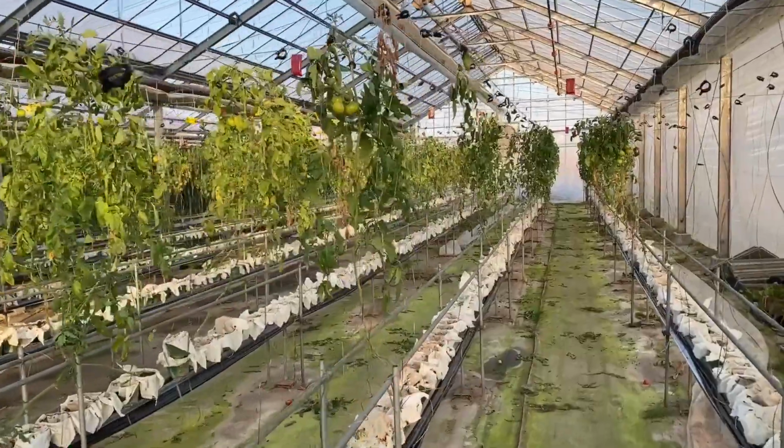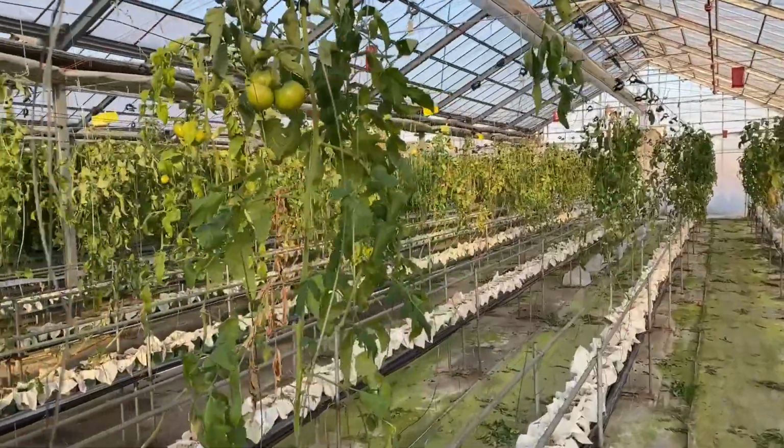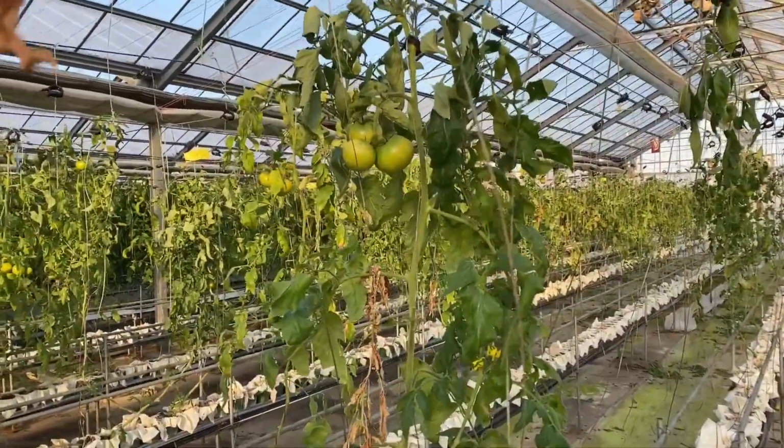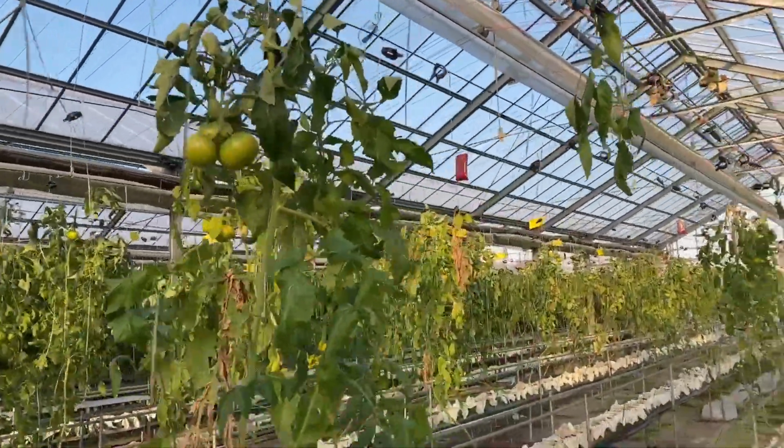Now this is the end of the harvesting. There are a few tomatoes left over, and they are going to ripen in a few days. Look at this,